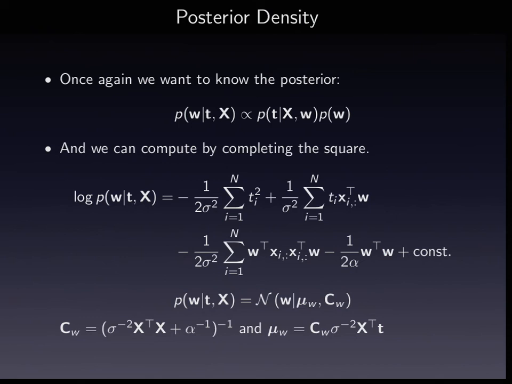the front that are 2 pi to the p, where p is the dimensionality of x, the size of the input space, determinant C to the half. But that's there all the time. Once we've got it in that form, we know that's the normalizer. So we're trying to match that to that, and decide what C is in terms of A and B, and what mu is in terms of A